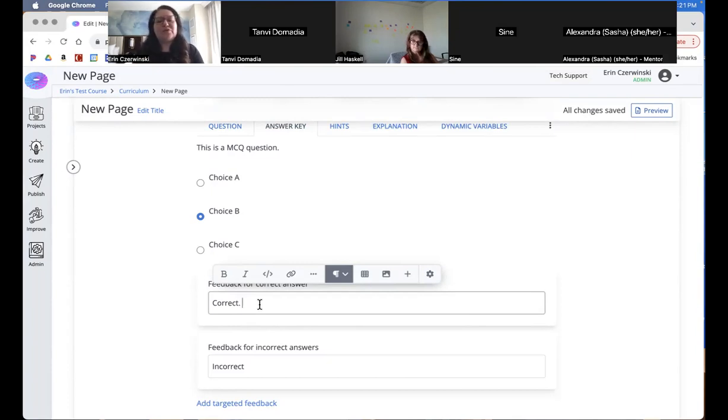But whatever you select, again, same with the naming conventions, try and be consistent throughout the course, because you're setting up an expectation for the student to be able to go through it as quickly as possible, right? And if they get used to a certain cadence, then I think that makes it easier for the students. So I usually try and just do correct or incorrect, and then the why.